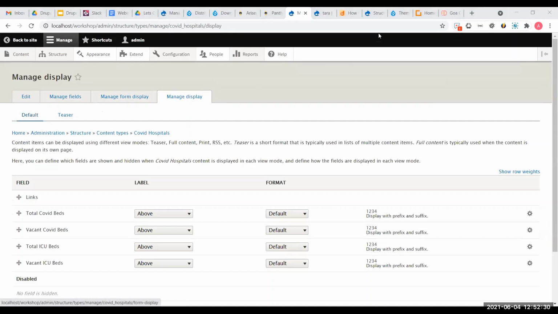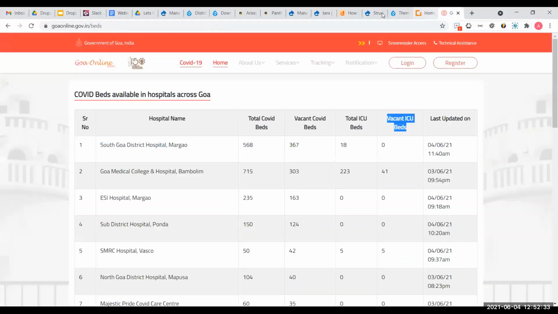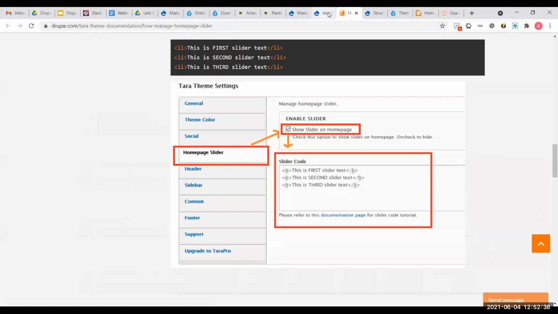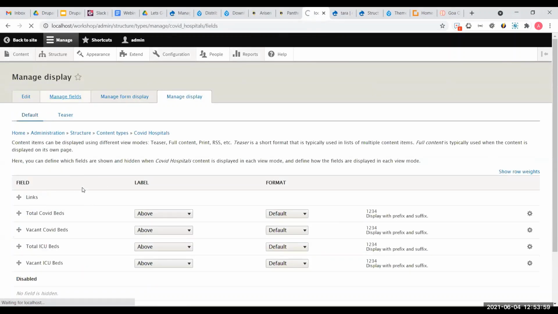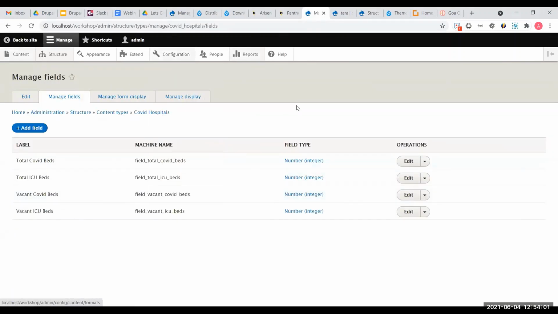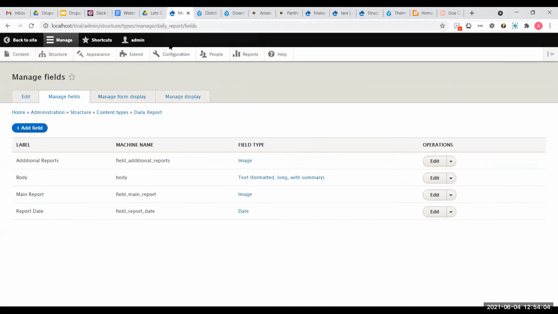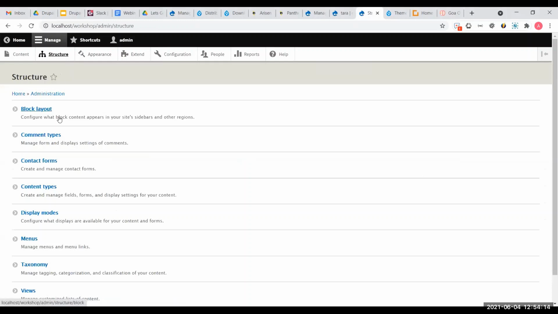The other thing we're trying to achieve is a filter. As I showed, I want the North Goa and South Goa filter for the hospitals. For that, we can use taxonomies. Jose has already explained what a taxonomy is, so let's set it up for this content type. What we need is a filter for distinguishing between the North Goa and South Goa hospitals. So I'll go to structure and